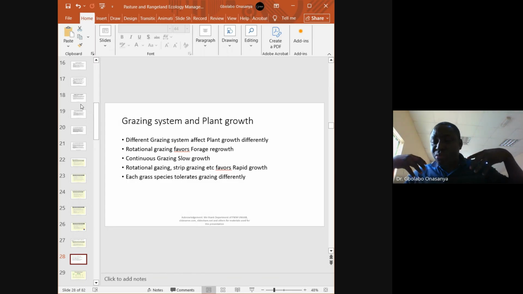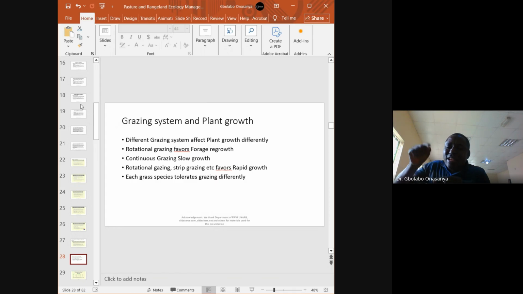And if you keep releasing your animals to such a place, they will impact the soil structure. They will impact the soil texture. A point will come, the growth of the grasses will be difficult because you have no other places to take your animals to. So they always graze on that same land. So continuous grazing will impact the regrowth, the rejuvenation of grasses. Is that first plant growth?